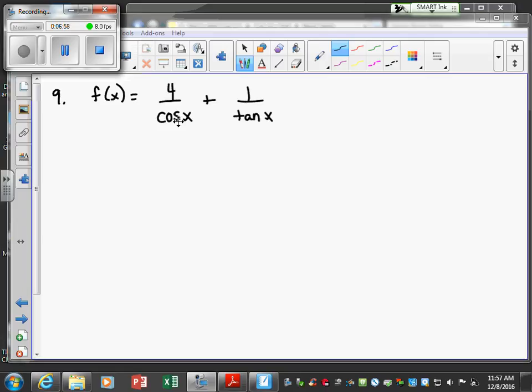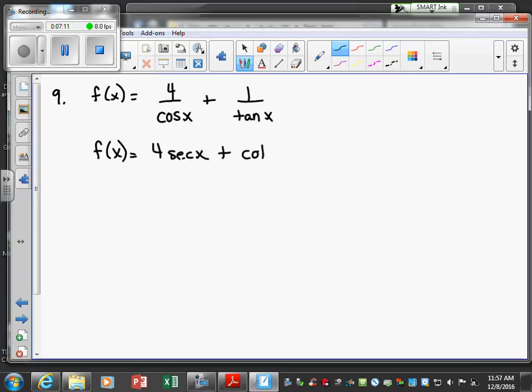Secant x, right? So equivalently, you can rewrite this as 4 secant x as a rewrite step, plus what's 1 over the tangent? Cotangent x. Good. So just like when we can algebraically manipulate a problem before we take the derivative, same thing with trig functions. You can use any of your trig properties that you've known. And now we just evaluate